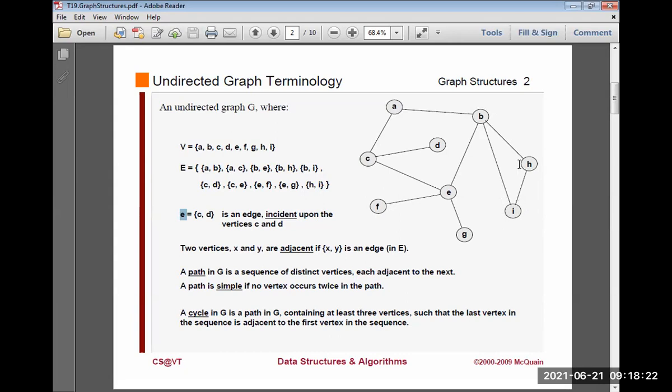That means the last vertex in the sequence is adjacent to the first vertex in the sequence. Okay, this is first and this is last, so these both are connected. That means it is a cycle. If you start at one position and visit all, and then the last vertex visits the first vertex again, then it is called a cycle. Okay, this is one cycle, and ABEC is also a cycle, and only 2 cycles are there in this graph.